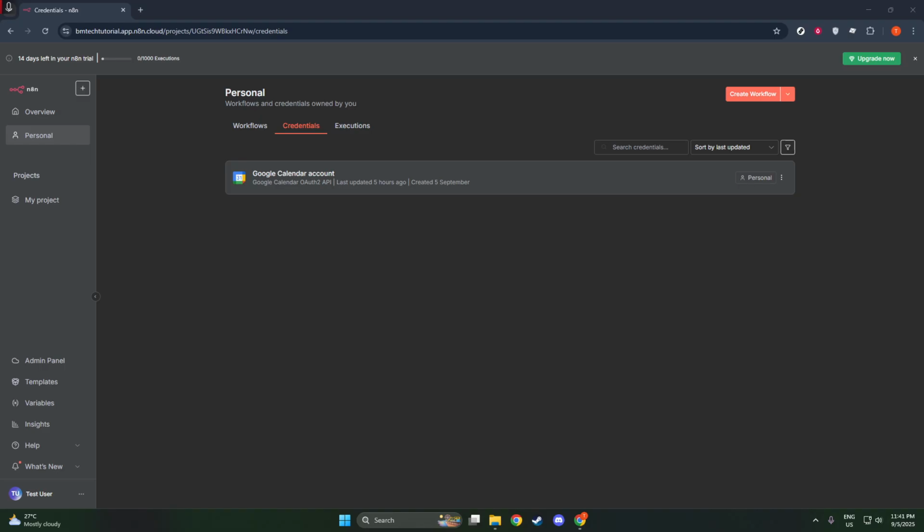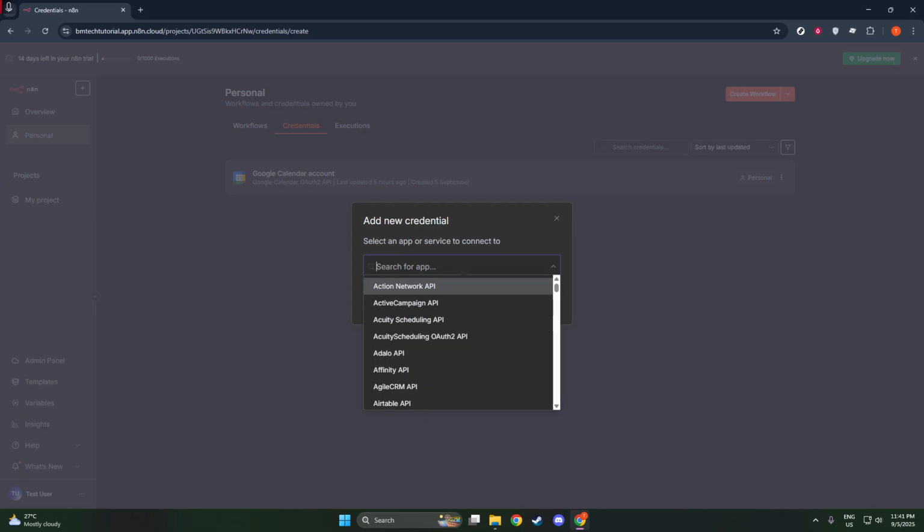Setting up OAuth 2 credentials involves a few steps in the Zendesk Developer Console. You'll want to refer to the Zendesk Node documentation available in N8N for complete guidance on how to do this. It will have all the specific instructions you need. Don't forget to enable the Zendesk API for your project. This is a crucial step as it ensures your N8N workflows will have the necessary permissions to interact with your